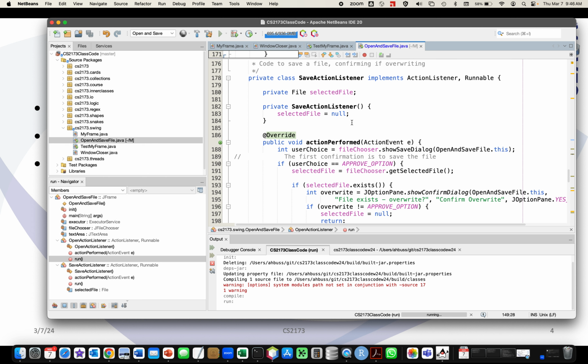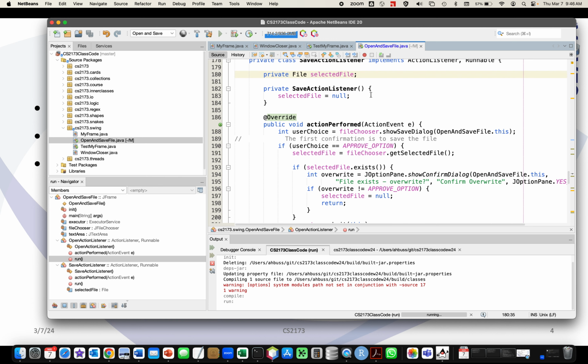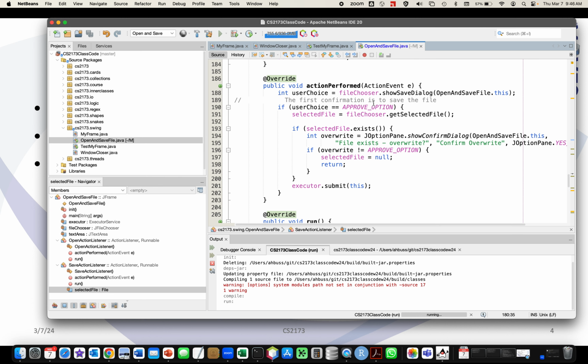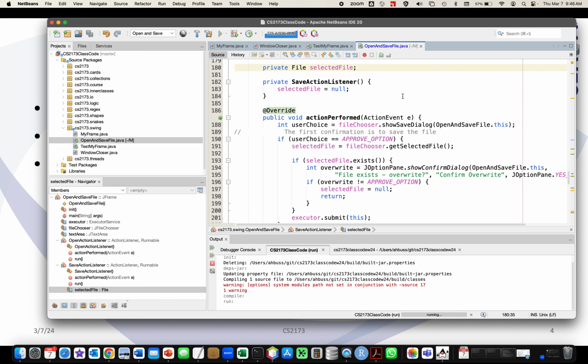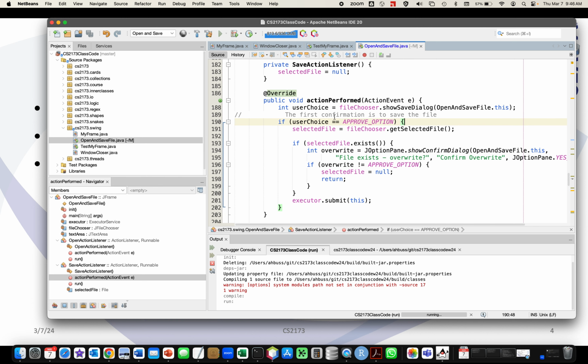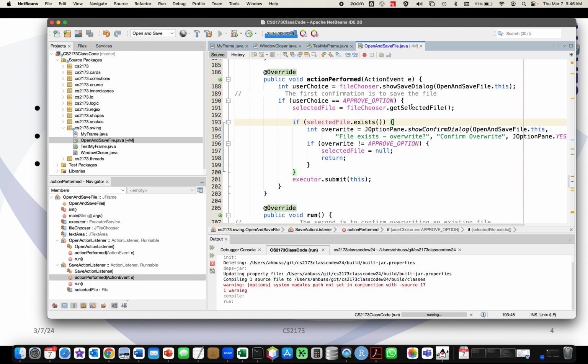Now the save action listener does pretty much the same kind of thing, except here I need both of these methods to know what the selected file is. The extra little thing is that if the file exists, and I don't do something here, I could inadvertently overwrite the file. So I want to give the user one last chance to say, okay, you're about to save a file on top of another one. How do I know about that? Well, I take the selected file and ask, does it exist? If it exists, then I'm going to use my JOptionPane to show a confirm dialog that says, hey, this file exists, do you really want to overwrite? And then if the user says yes,